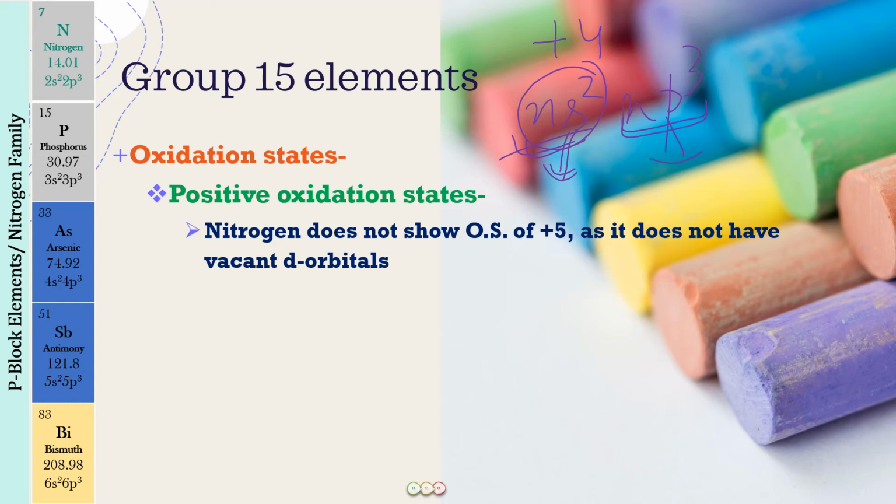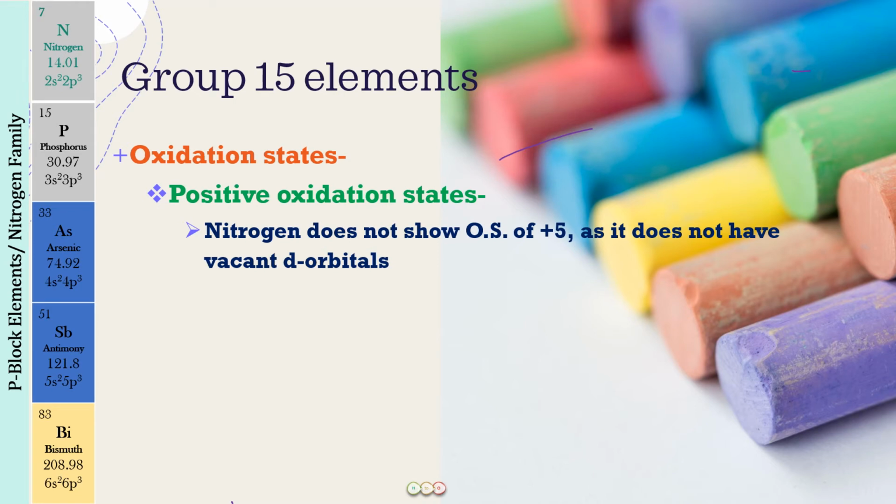We will be seeing compounds where nitrogen seems to show a +5 oxidation state also. Do not get confused, because in those cases it is actually not nitrogen which is showing a +5 oxidation state when you are calculating it from the formula. Let me give you that. We have HNO3. In HNO3, oxygen is -2, so this will be -6. Hydrogen will be +1, so nitrogen will come up to a +5 oxidation state when you calculate it from the formula. But when we draw the structure for HNO3, let me make that also.